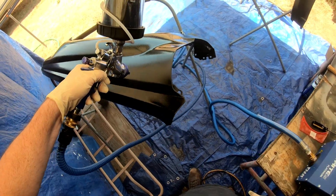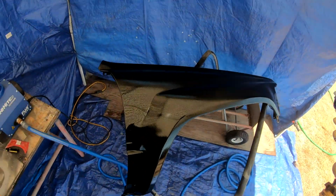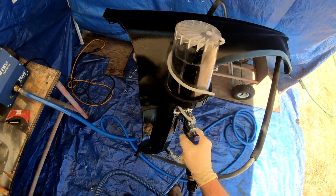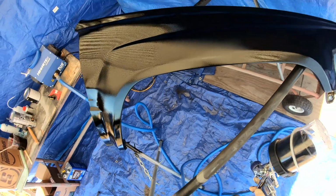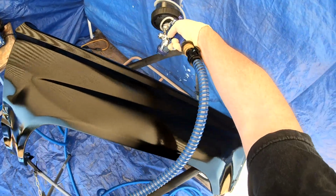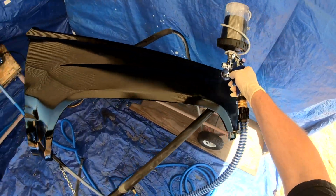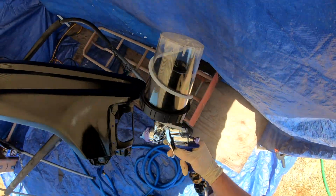I will say one of the major pluses, probably one of the only ones of spraying outside, is you just don't breathe the toxic chemicals as much as you would in an enclosed space. And this stuff will mess you up. Anything with a catalyst in it, man, you just don't want to get it in your lungs. I'm wearing a respirator. I always do when I'm spraying primers or paints. Anything with a catalyst in it. A long time ago you could get away with spraying lacquer because lacquer doesn't ever get hard, but man, you get this stuff in your lungs, and it'll actually harden up your lungs, and it can kill you. So, that's definitely one of the benefits of spraying outside. Is just the ventilation's real good, and